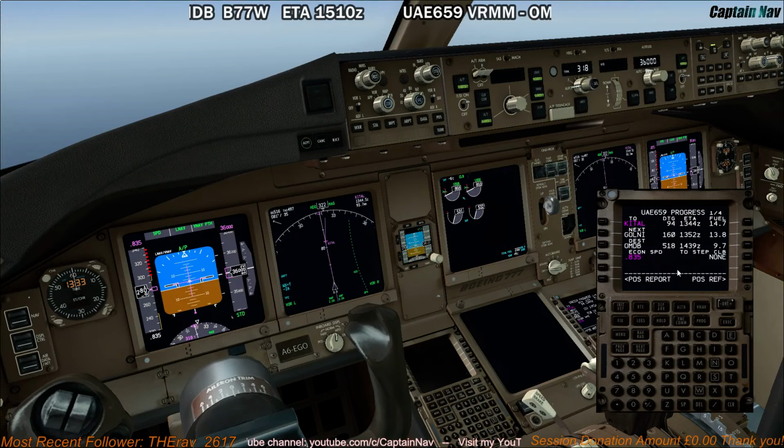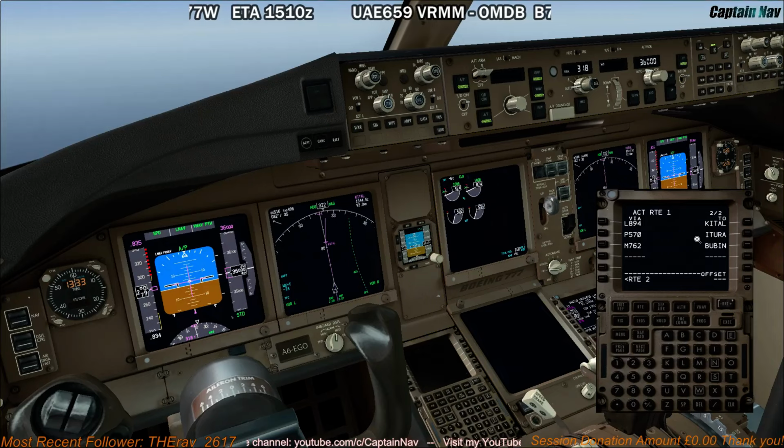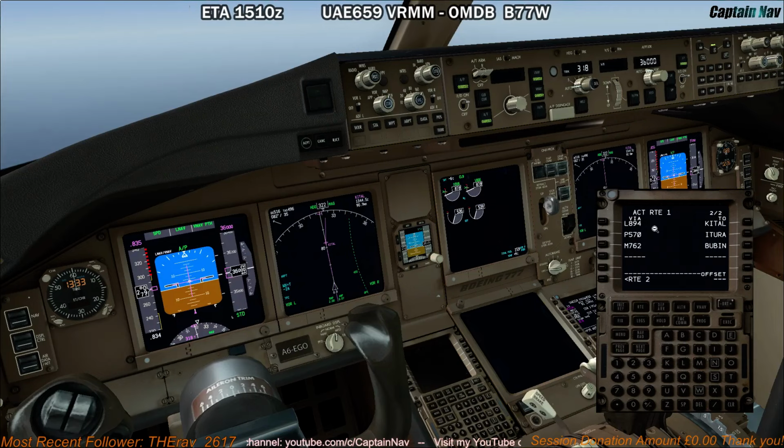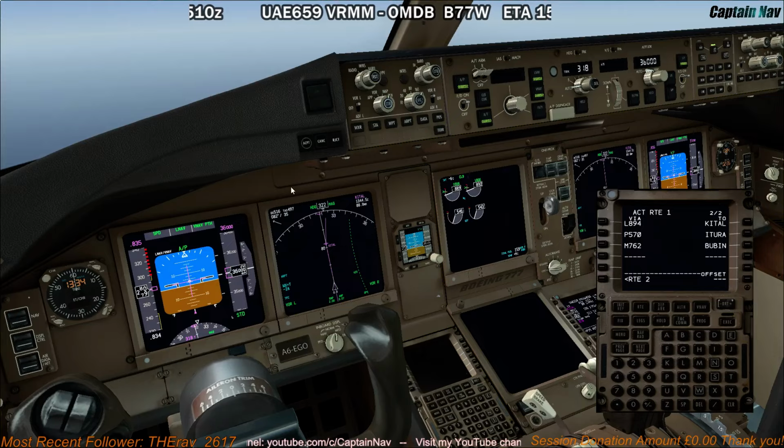So 518 miles to run, plus the arrival. I remind you that the arrival is not in. That's the start of the STAR of the arrival. We still have to set the whole arrival. For those of you who are familiar with Dubai, the arrival is some sort of trombone, so it adds quite a bit of distance to the flight. It's possibly at least 70 miles extra, but it looks like I'm gonna be